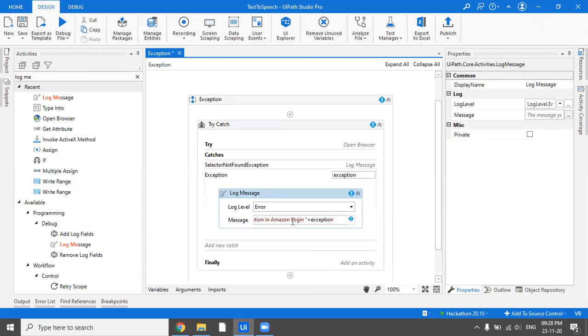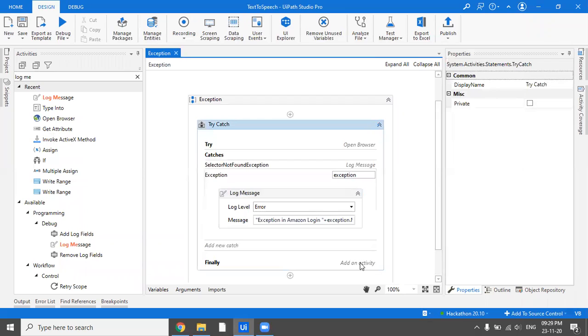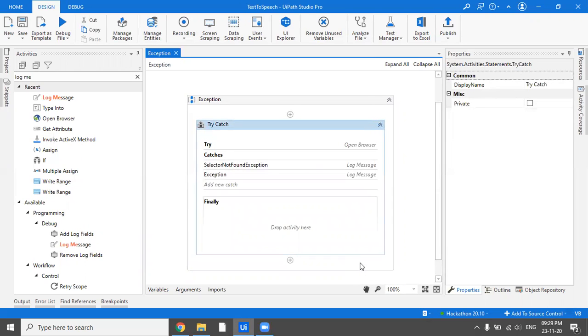When you put a dot, all these things which you get here are the properties of the exception class: the data, the help link, the HResult, the inner exception, the message. So exception is a class, and putting a dot, you get all the properties of the exception. And in the finally, as the name suggests, you can put all other things that you have to execute, no matter whether there is an exception or there isn't any exception.